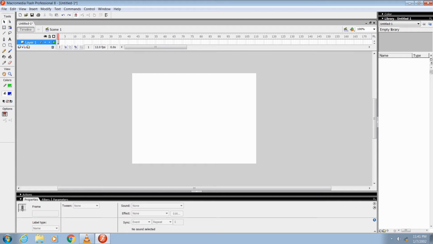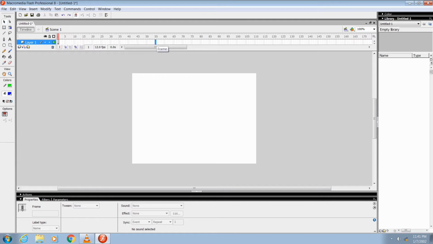Okay, now I am telling you how to insert a frame. To insert a frame, click on the frame under the corresponding number where you need to insert. Click on that frame, and click on timeline under the insert menu.